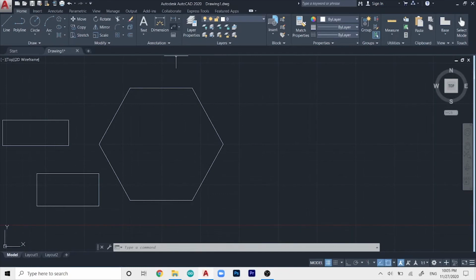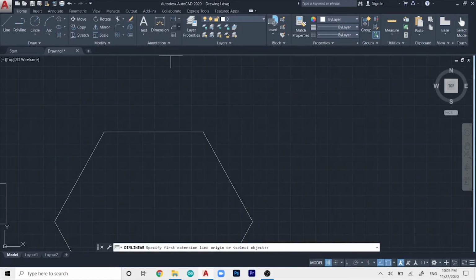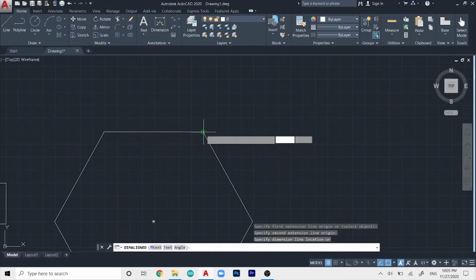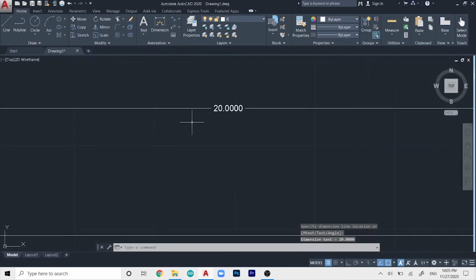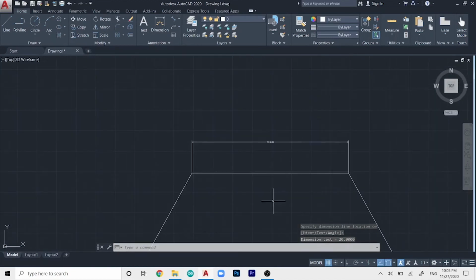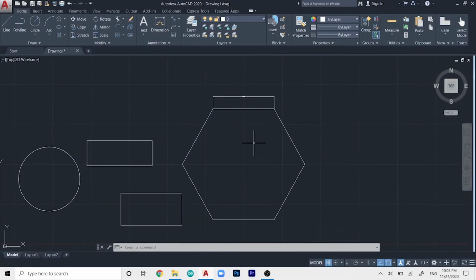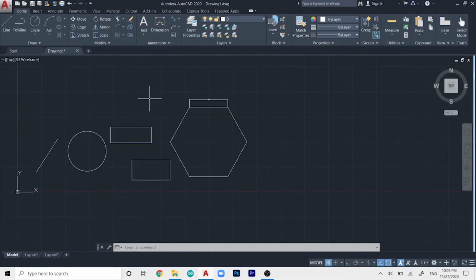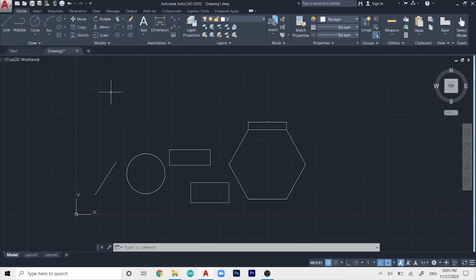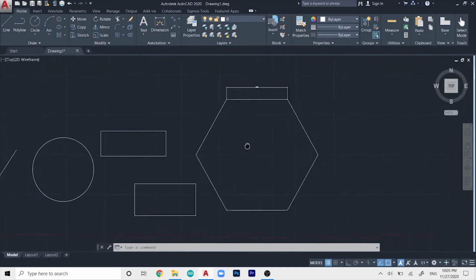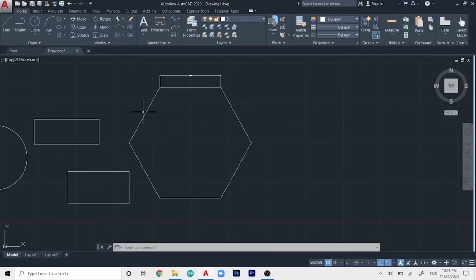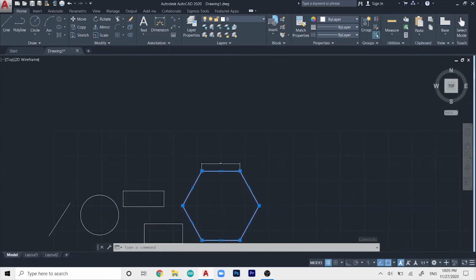So if I want to measure it, let me just show you if this is accurate or not. So I've got my measuring tool over here, and don't worry, I will show you in the next part how you can get this. And as you can see, it is exactly 20 units. So this is pretty nice. But hexagon is a special case, so the length of the radius of the circle is almost equal to the sides here, so this will not work on other polygons. So let me show you how you can do that in other polygons.